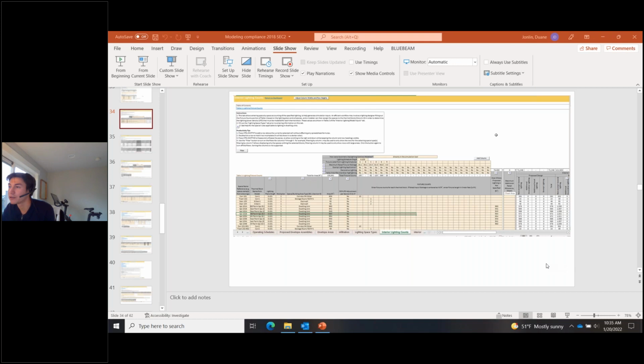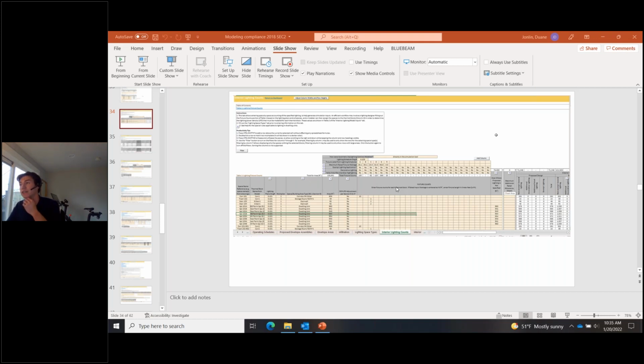So I'm guessing this isn't how most people document their interior lighting for their models. So just knowing how this workbook works and operates, I wouldn't recommend fully replacing your own documentation style for how you're inputting data into your energy model, but getting familiar with what this workbook asks for, and then trying to make the transition to copy data into this workbook as easy as possible is kind of what we did.